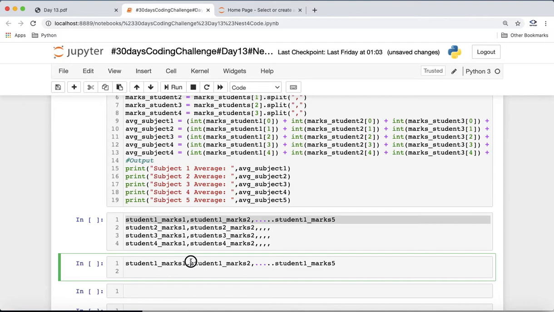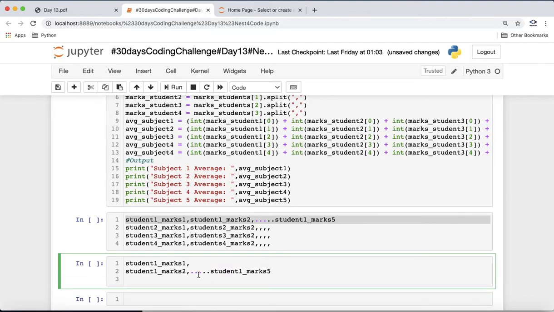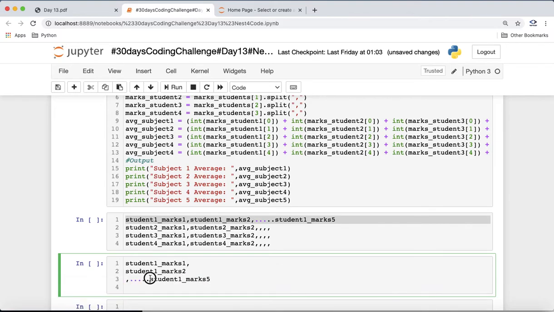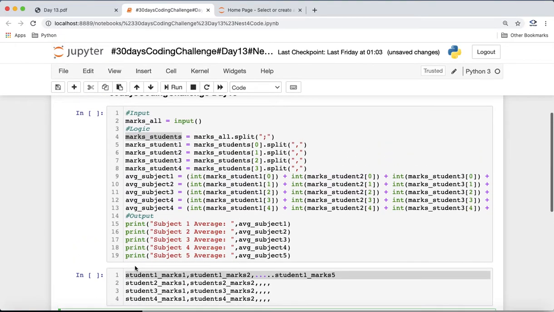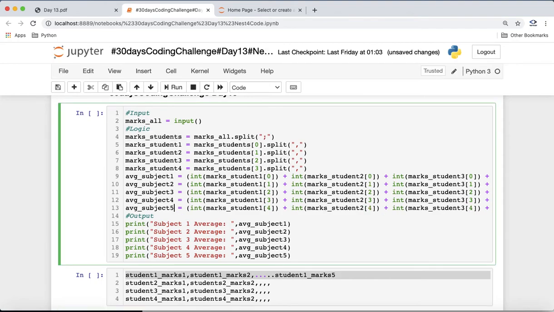At index 0 it's student marks 1, at index 1 it's student marks 2, and like this we'll get marks 3, marks 4, marks 5. So for each student, the marks for subject 1 are at index 0, for subject 2 at index 1, for subject 3 at index 2, for subject 4 at index 3, and this will be our subject 5.